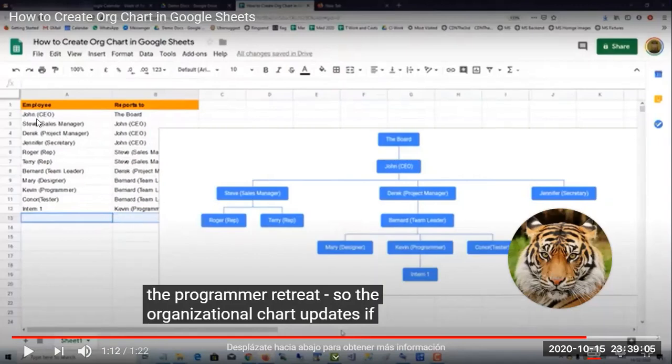What you do next is that you select, be careful, don't select number 1. No, you start here from the name or from the department. Column A and B, all this section, then you go to insert, you go down to chart, and then if you remember in the video, here on the right, you have other types of charts. So you choose organigram and boom, here you are. Easy, right? Okay.